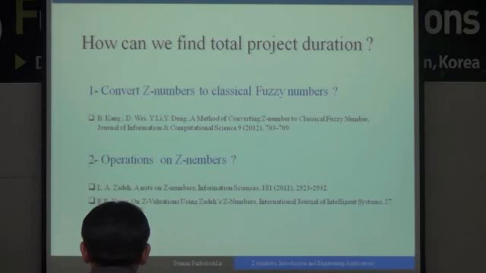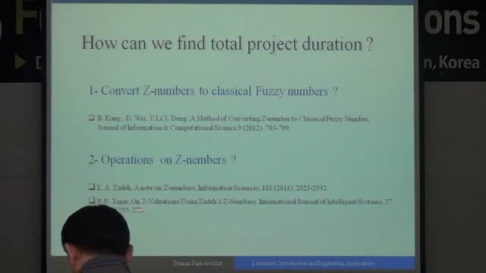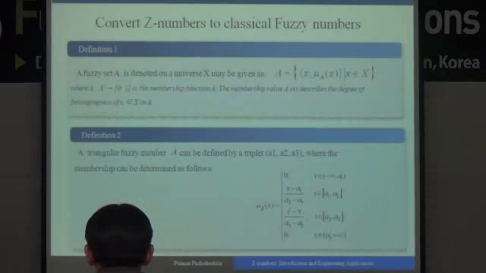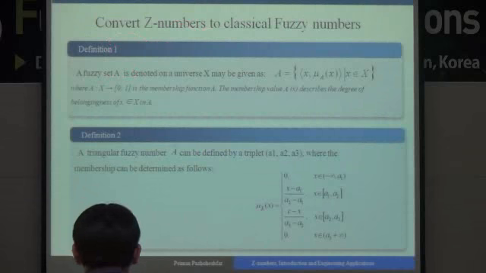This one is described in the paper of Professor Aliev and Professor Yager. But some concepts, such as what is the square root of two Z numbers? What is the radical of two Z numbers? These are complex concepts which have not yet been fully proposed, so I use a converter method which converts Z numbers to classical fuzzy numbers.